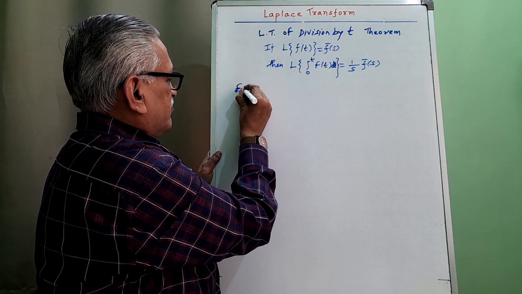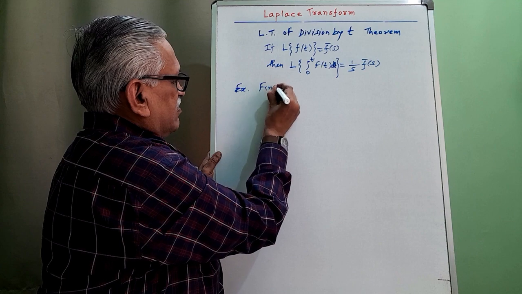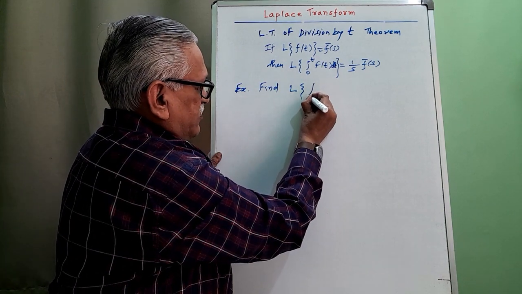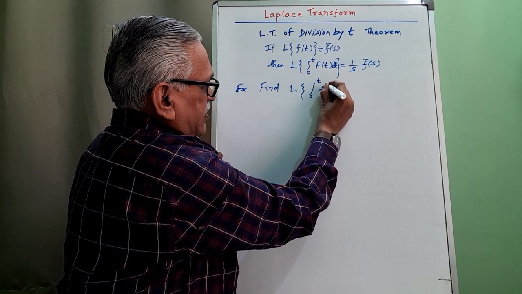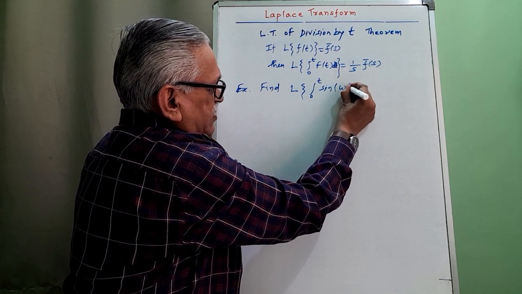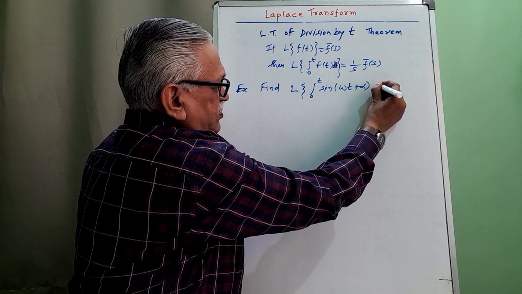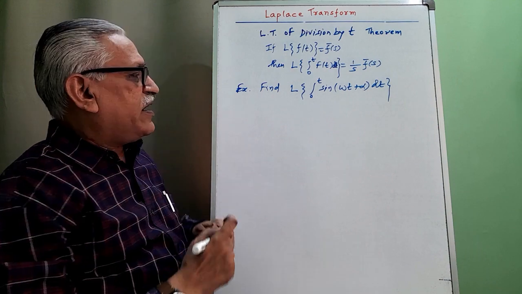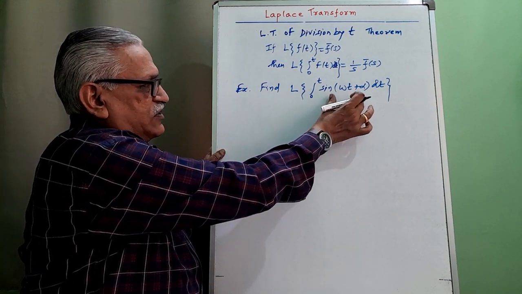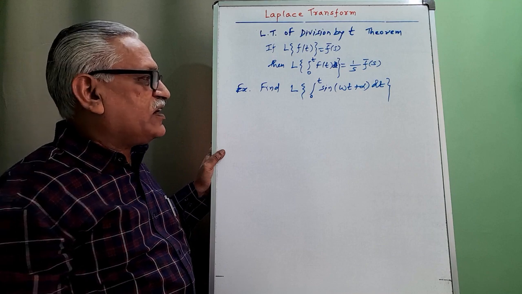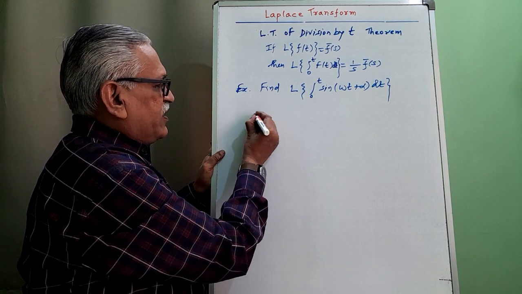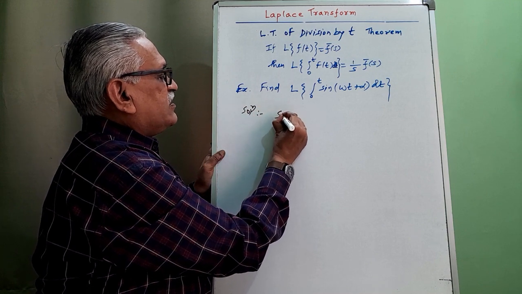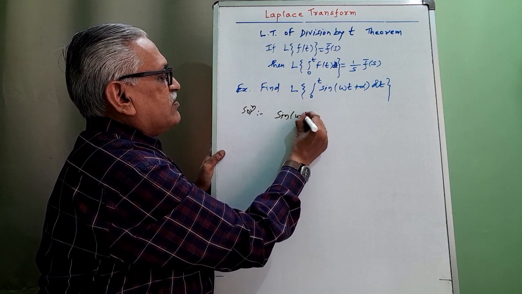Example, find Laplace transform of integration between 0 to t of sine of omega t plus alpha, where omega and alpha are constant terms, with respect to t. And therefore, to obtain its Laplace, first of all we try to find Laplace of sine omega t plus alpha. For that, we have to first expand that sine omega t plus alpha